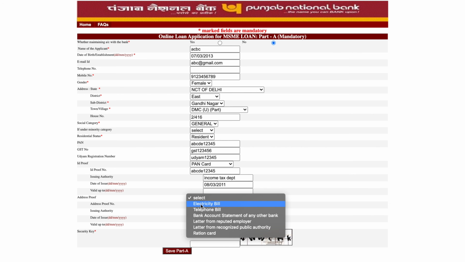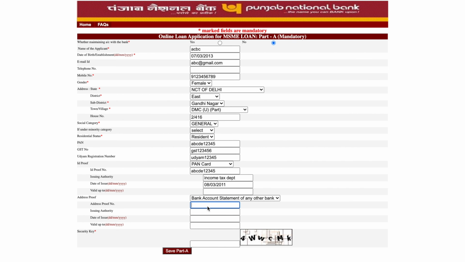Address proof. You can choose from the many available options: electricity bill, telephone bill, bank account statement, letter from reputed employer, letter from recognized public authority or ration card. And fill up bank account number as the address proof number.